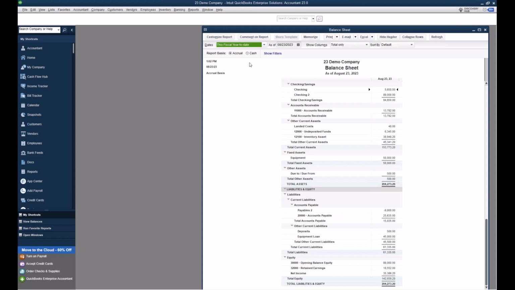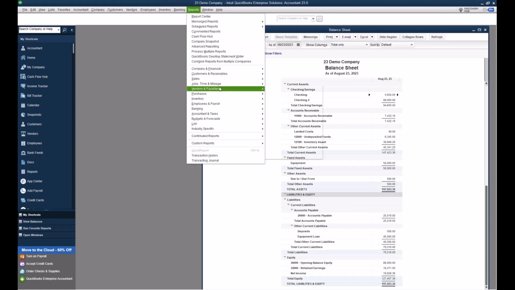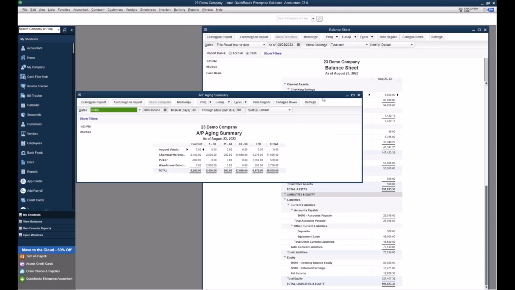The first thing that I want to show you, if we switch this report over to cash, our accounts payable does show $25,116, and this is in the cash method. If we come up here to reports and look at our AP aging summary, you will see the AP aging summary has the balance of